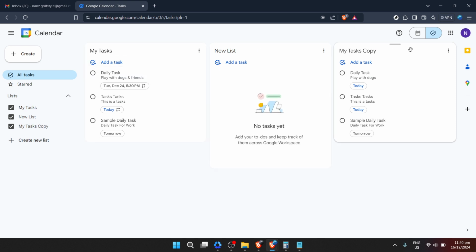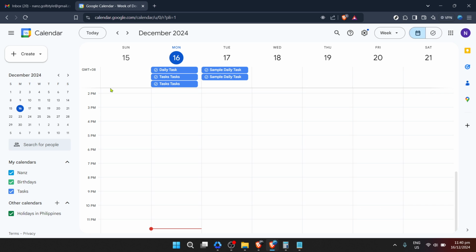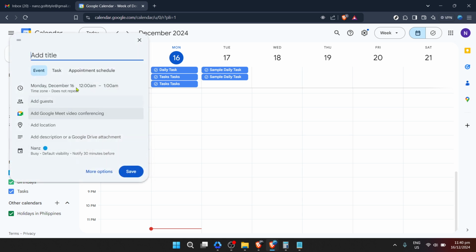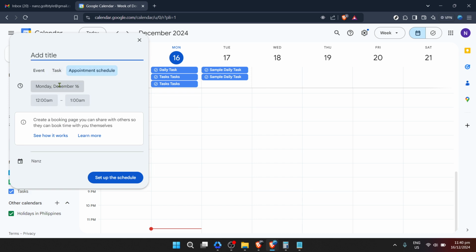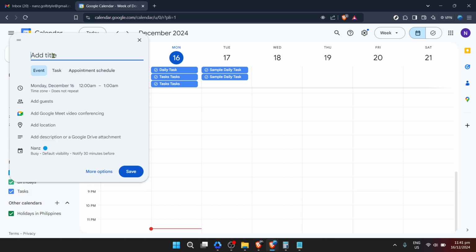After clicking on Task, you are now ready to add the details of your task. This can include the task name, description, due date, and any other pertinent details that will aid in your project management efforts. Take your time to fill out these details accurately. The more information you include, the easier it will be to understand and execute the task later on. Once you're satisfied with the information entered, it's time to save your task. Seek out the Save button, which commits your task to your calendar. Congratulations! You have successfully added a task using Google Tasks within the Google Calendar view. This method allows for an integrated approach to managing your tasks and projects, leveraging the power of Google's ecosystem.